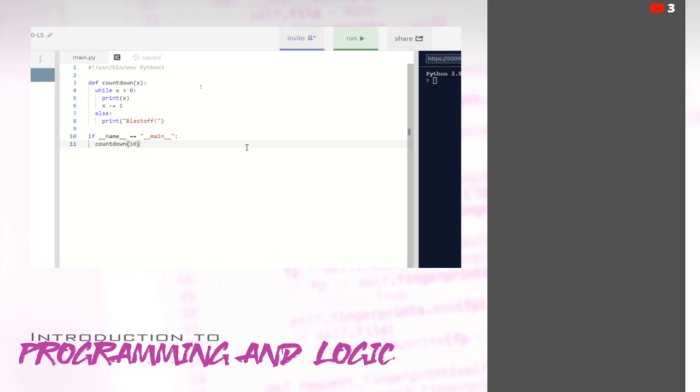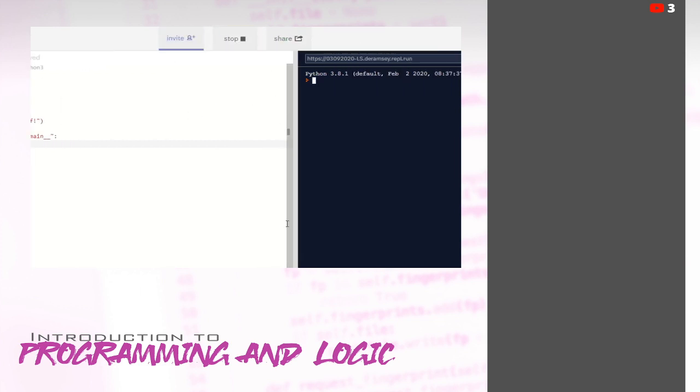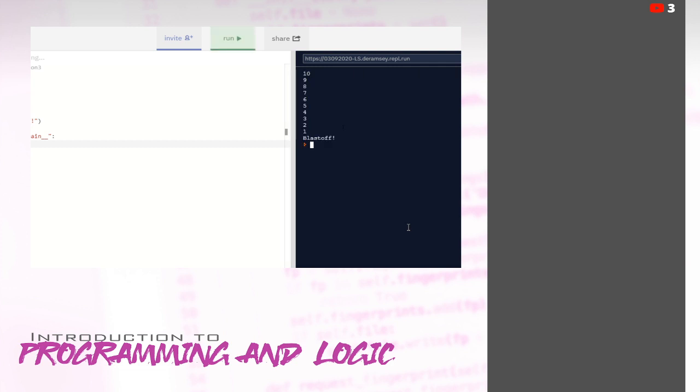So this is a fairly simple program, and I'll leave it here for just a second. If you're watching this as a recording, it might be a good place to pause and get caught up, because we're done here with our program as it stands. So I can run this, right? And get the expected output: 10, 9, 8, 7, 6, 5, 4, 3, 2, 1, blast off.